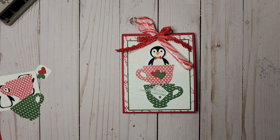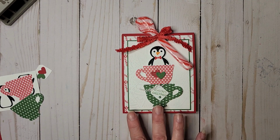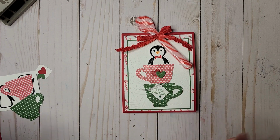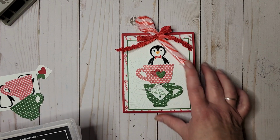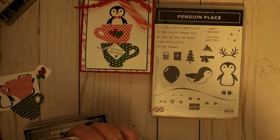Today I'm going to show you how to make this adorable little hot cocoa packet, and inside I've included a chocolate marshmallow snowman as well as a pack of hot cocoa, and then I'm just attaching the stir stick to the outside of the package, but you can put it on the inside as well. So to create this cute little bundle of happiness here, I used the Penguin Place stamp set and the punch that goes along with it,